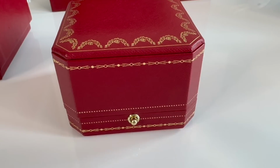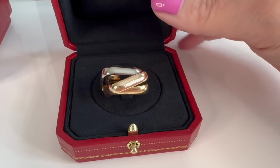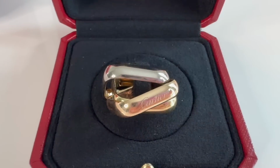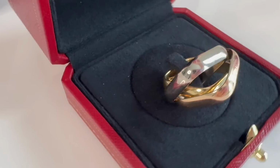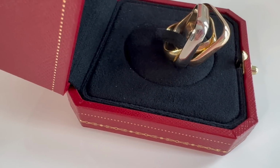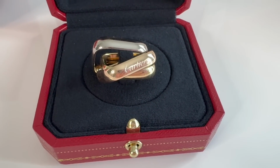So I'm going to turn the camera around right now. It comes in the box like this, but I have a very strong, see, it's already popped open. I have a strong feeling when I open it, it's going to fall out. So I'm going to insert that footage while I open it here in front of me. So it is the Cartier Trinity cushion ring in the size large, and